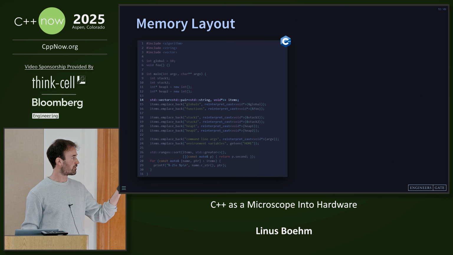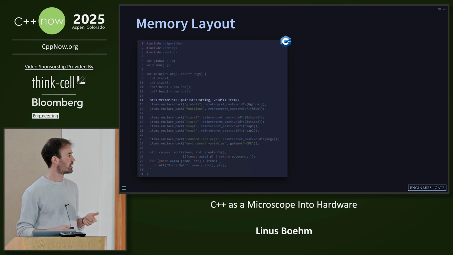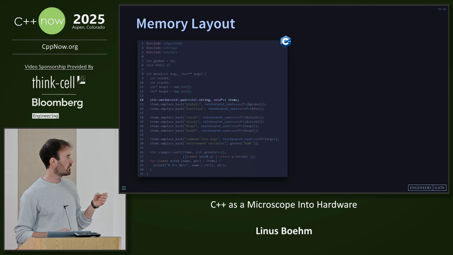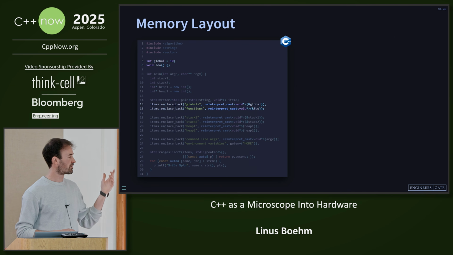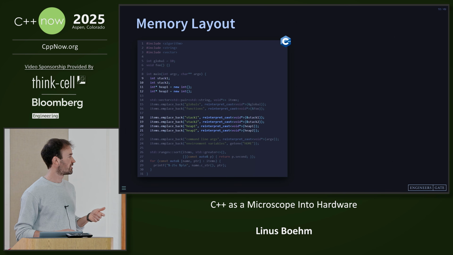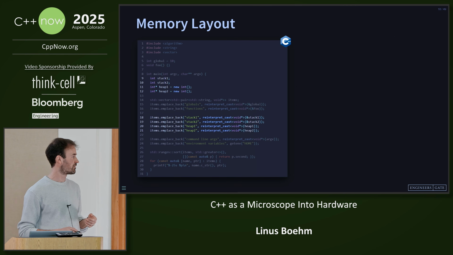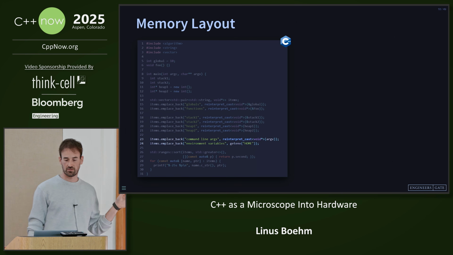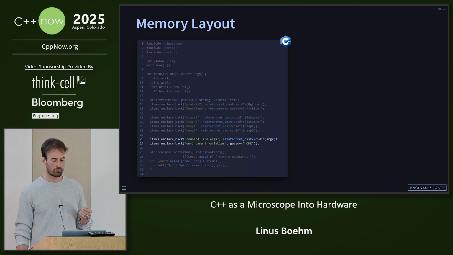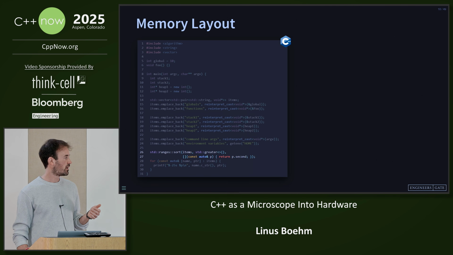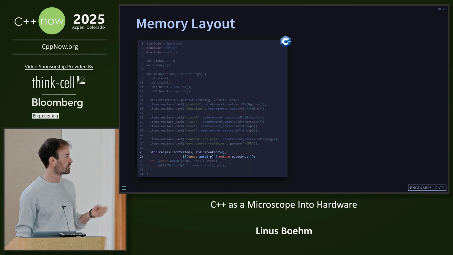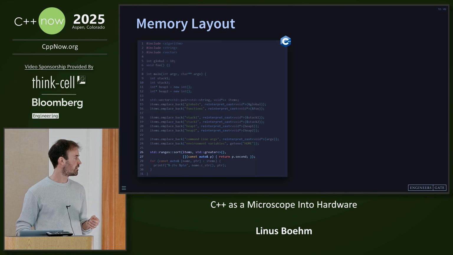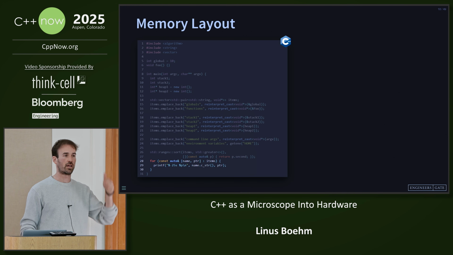So we create a vector of a string to pointer pair. And now we can put different items into that vector. We can put some global variables and some functions in there, some stack and heap pointers, some command line arguments, and environment variables. And then we can use ranges to sort it with a projection. So we sort it by the pointer, and then we can just print it out to get an idea about